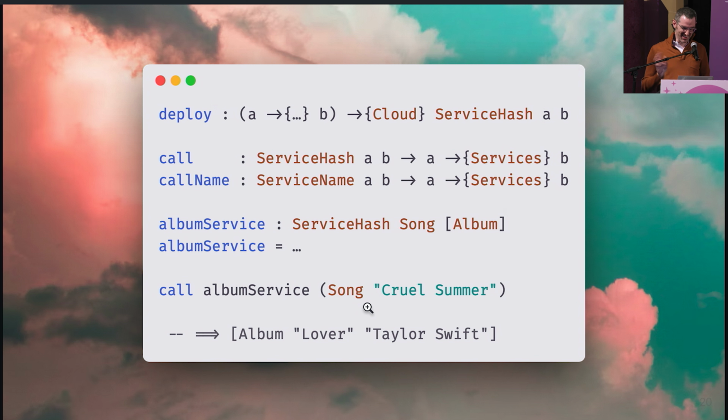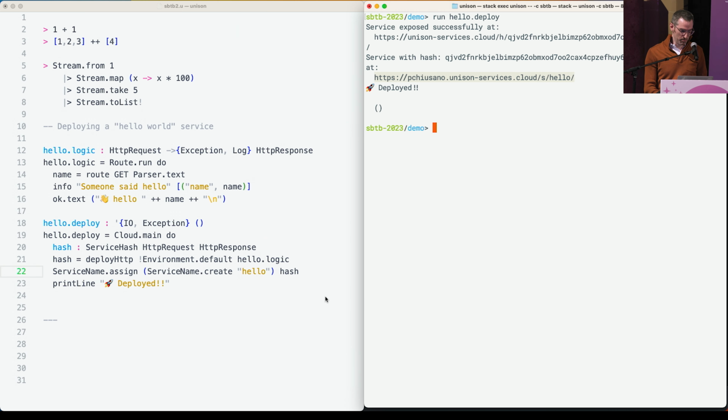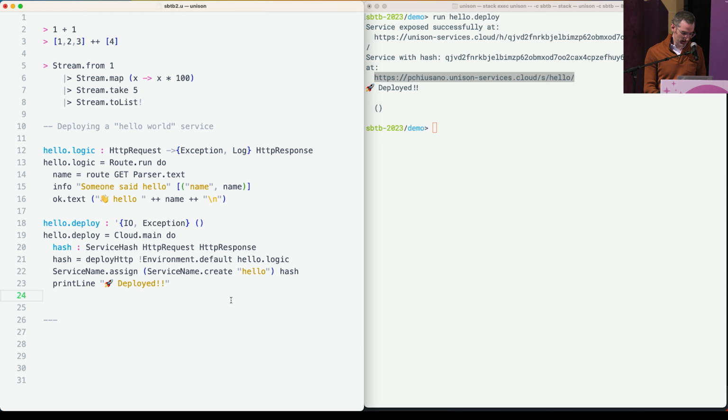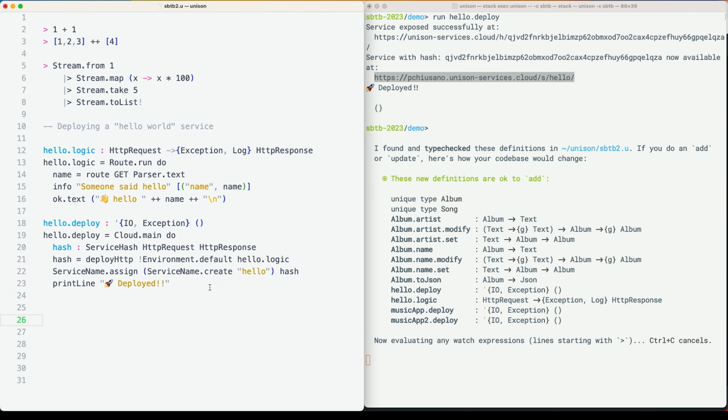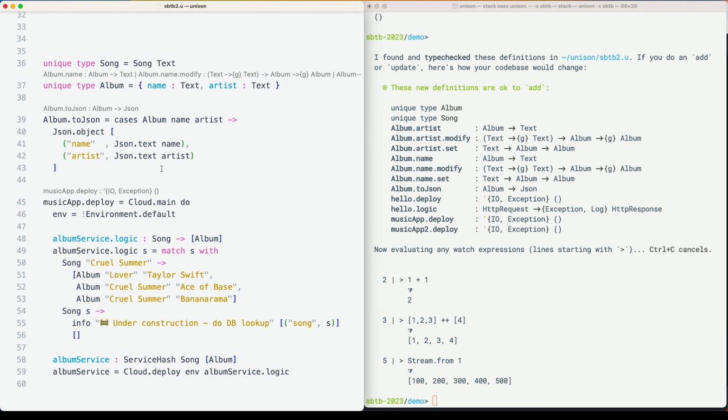Okay, but moving on, let's see a demo of this actually working. So we're going to be deploying multiple microservices that are all talking to each other now. I'll just breeze through this code. Here's the declaration of the song type, the album type, a little encoder to JSON of the album, because we're going to be returning a list of albums as JSON.